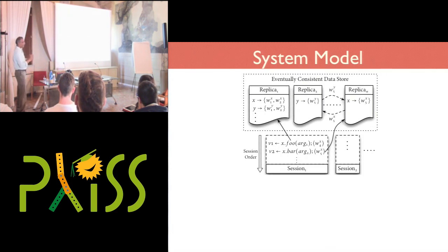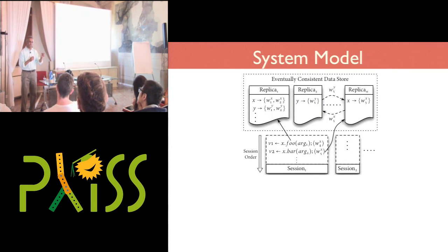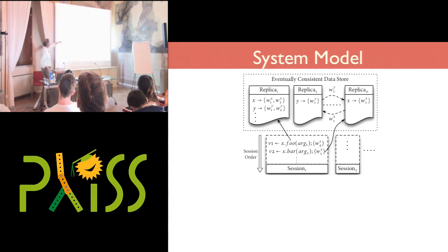Now, I have a collection of replicas, each of which have effects, and I have sessions, which consist of a collection of operations, but I'm making no constraint that a particular operation that a session issues has to go to the same replica that other operations that session issued went to before. So in this particular picture, the call to foo and the operation on foo is taking place with respect to the data stored in the replica on the left. Another operation on x, this time bar, is going to another replica, right? Which has not seen write x1, write x2, and so forth and so on, right?